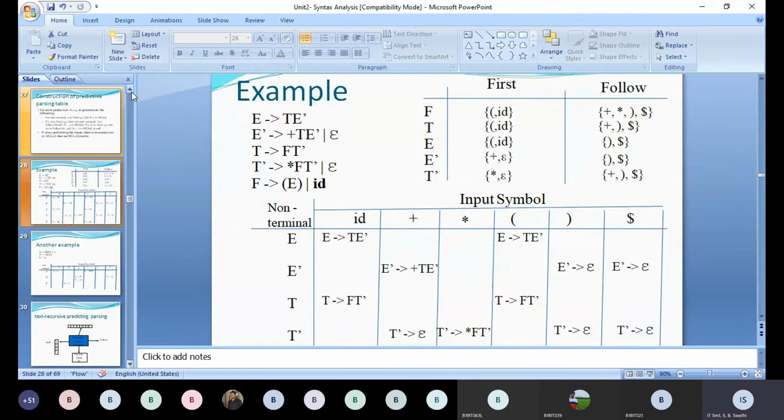Before understanding the procedure in predictive parsing, in order to understand this table, we need to understand what first and follow are. So first we will see how to compute first and follow. First indicates the direct terminal values which can be obtained for a given non-terminal. And follow: in this production, after T, what is the next symbol, the next successive symbol which the compiler has to read? That is called follow.